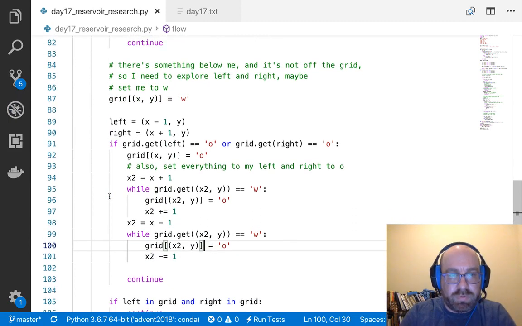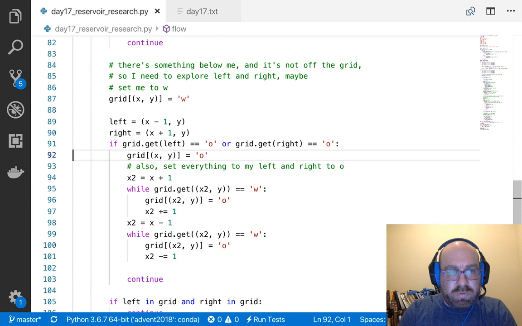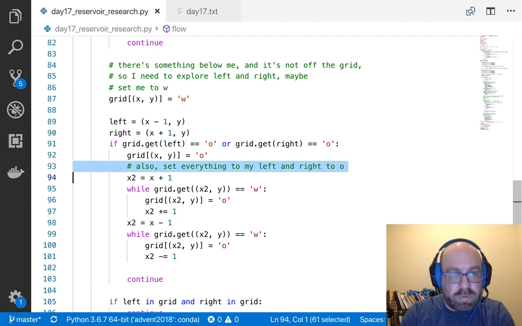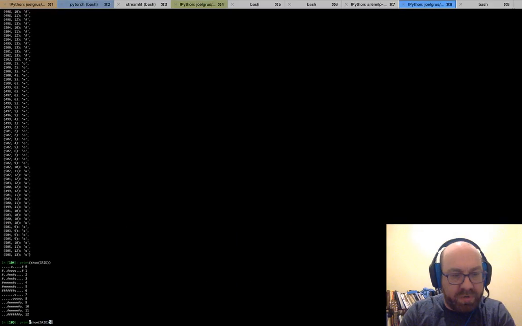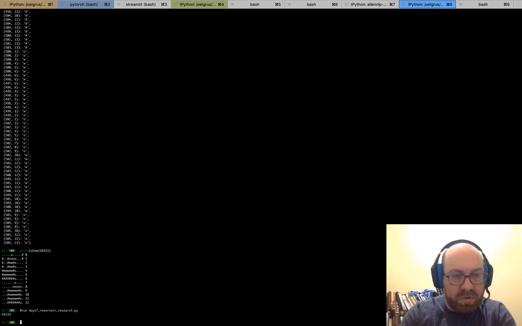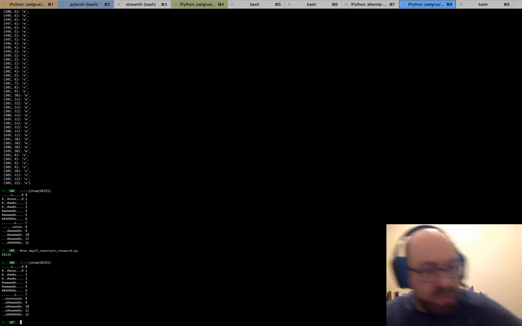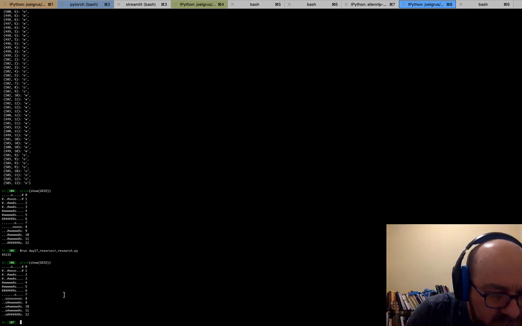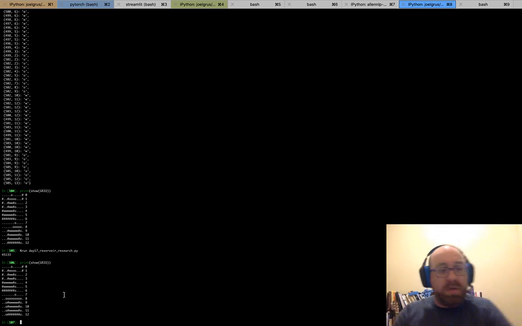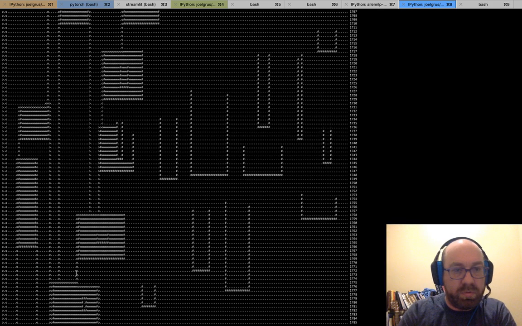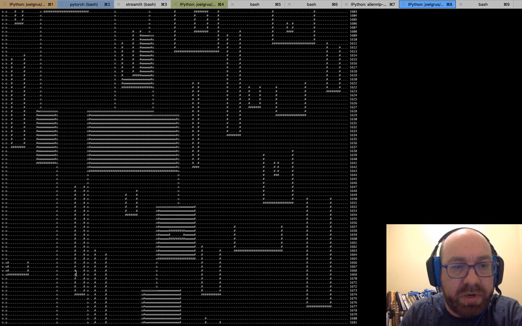If grids, so let me comment this out and go back and run it again. Print show grid. So it's still not, I'm still having the same problem that I had before, which is that